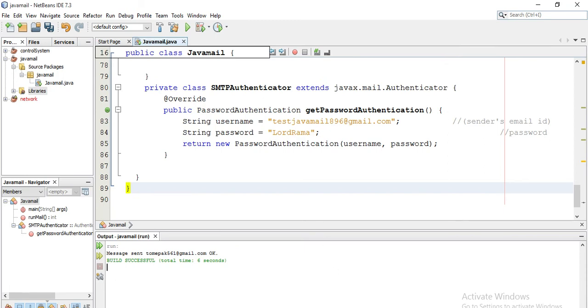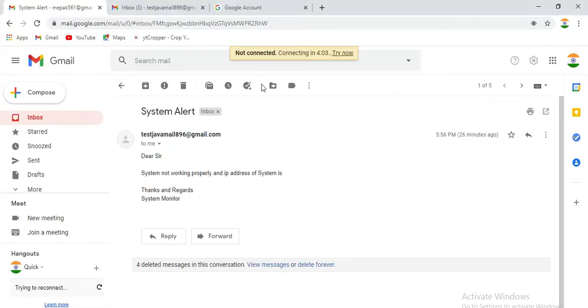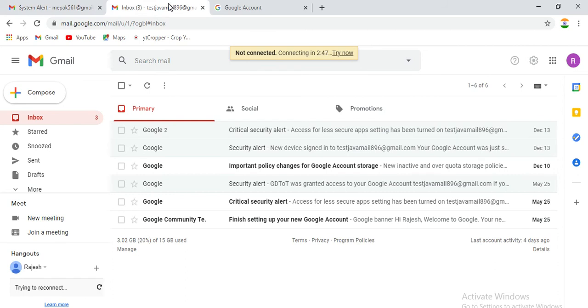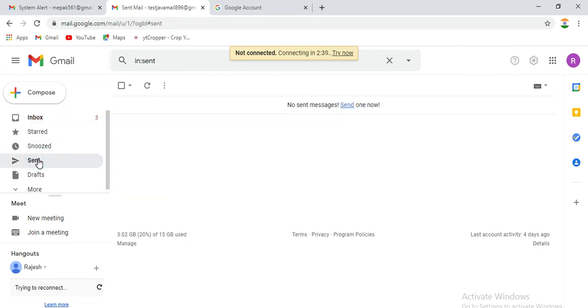So what you need to do is go to the same email, testjavamail1896, from which it is sending a message. You can see here in the sent.